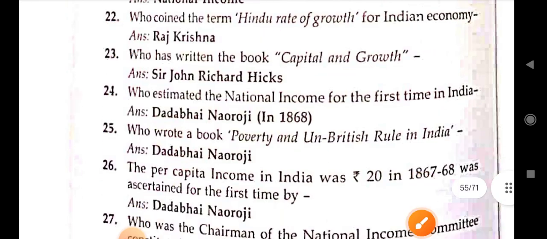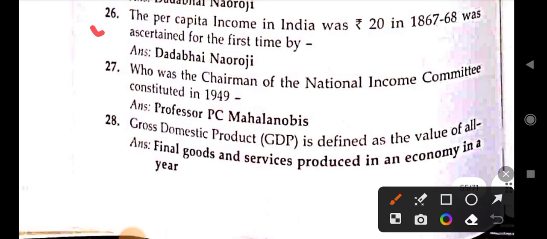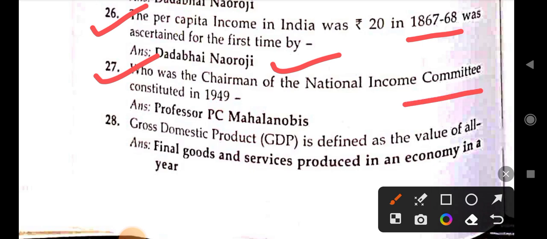Dadabhai Naoroji. Next. The per capita income in India in 1867-68 was 20, estimated for the first time by Dadabhai Naoroji. Who was the chairman of the National Income Committee constituted in 1949? Professor P.C. Mahalanobis. The gross domestic product, GDP, is defined as the value of final goods and services produced